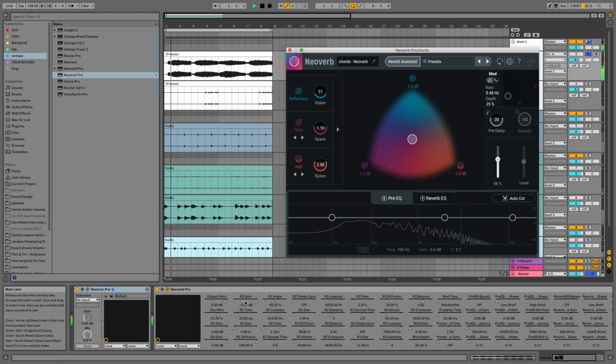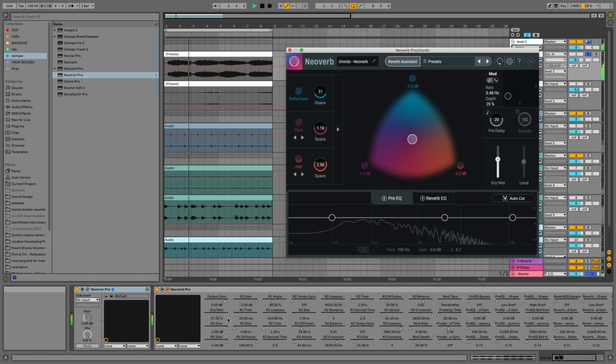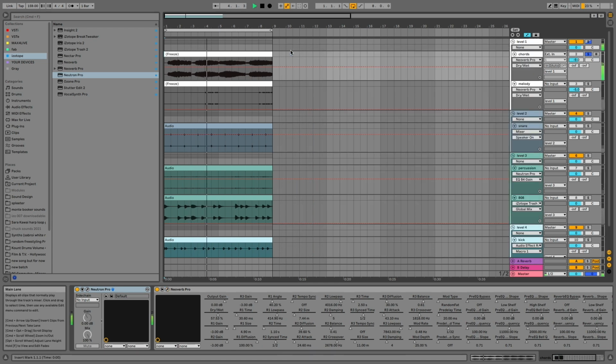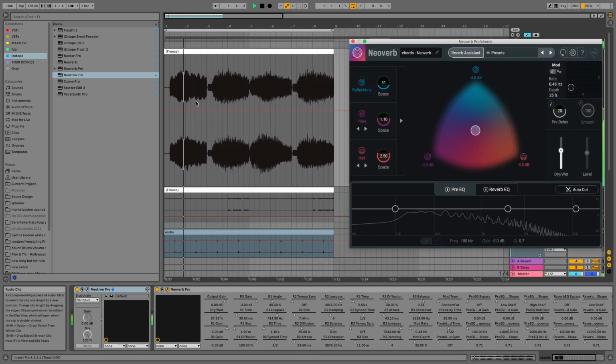By opening up the plugin parameters in my DAW, I can select the dry wet and create some simple lines. It's easy to do, gives me what I want, and now I have chords that are slowly morphing over time.